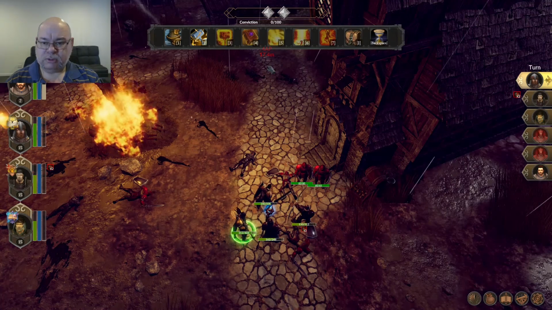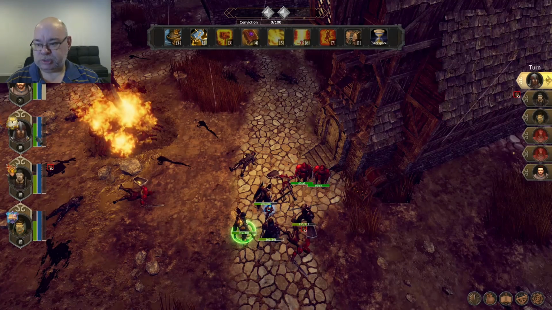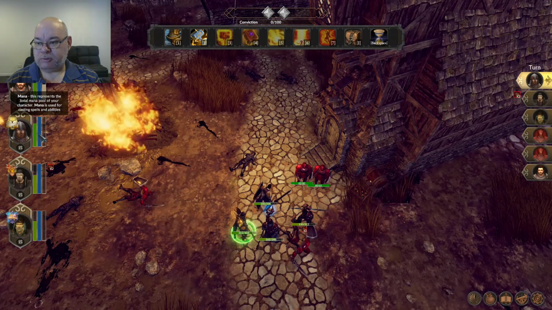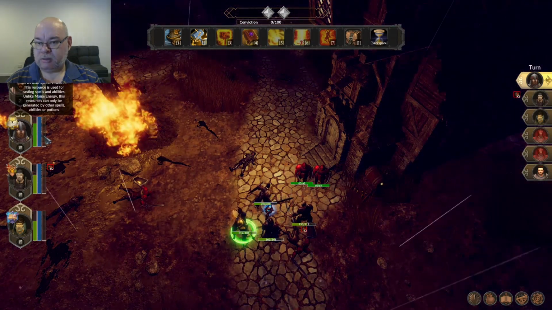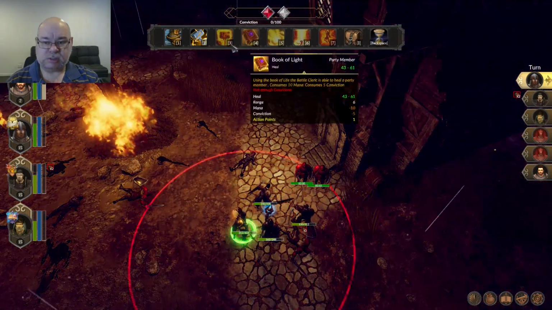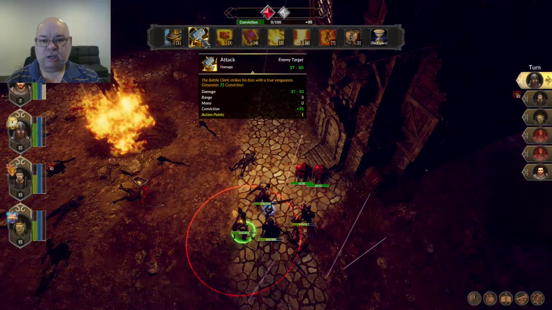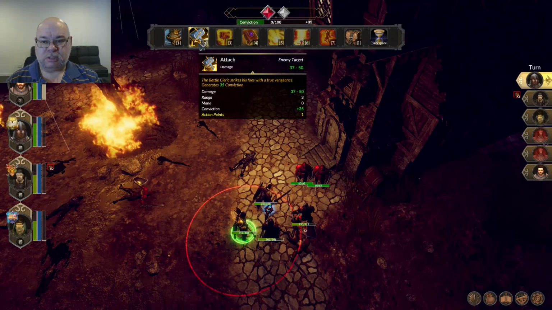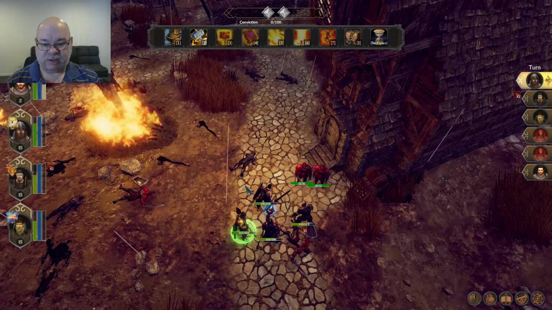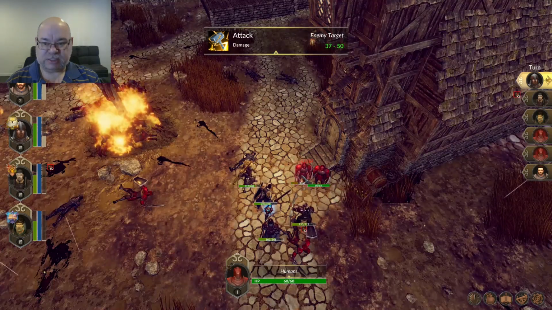Hang on. Could I have used any of these heals? Not enough conviction. Health, mana. So how do I get more conviction? Generates 35 conviction. Oh. Only as I do attacks with my cleric can I generate enough conviction, or whatever that really is, to then